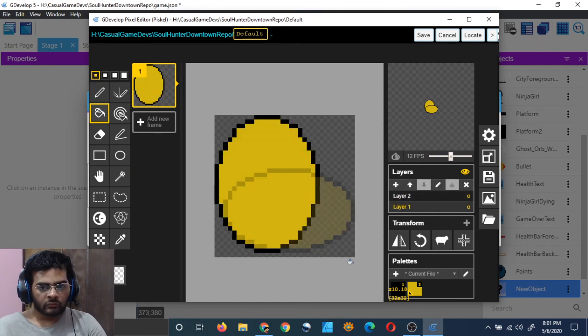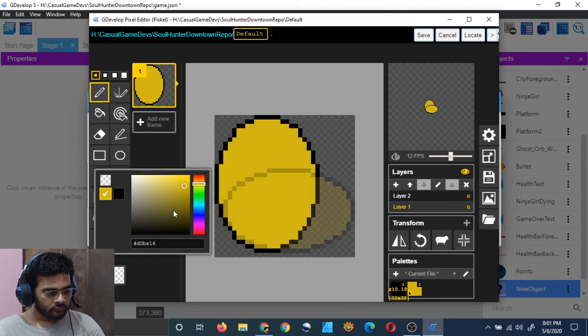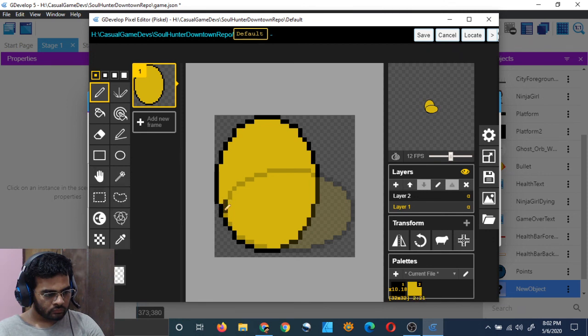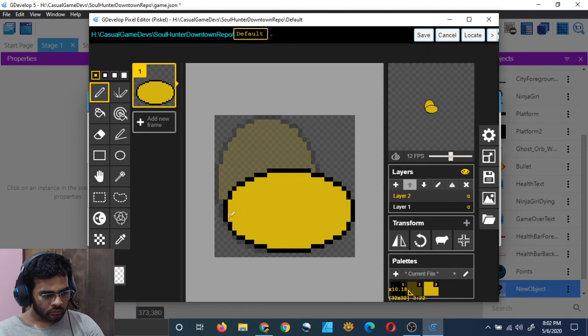Yeah, so that it has been done now. Let me add some shading with a darker shade of yellow. And on layer 2 also.